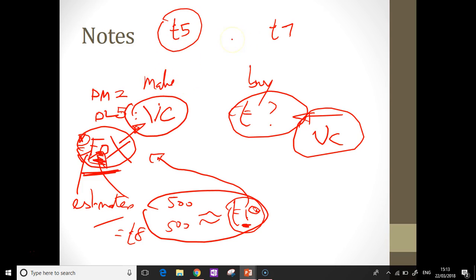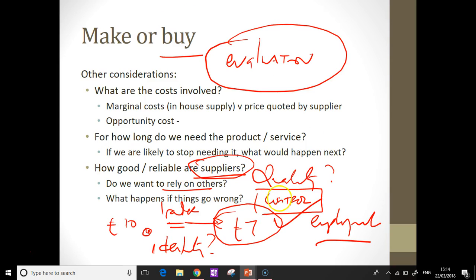So the key argument here is this. Typically, the way the exam will look, it'll always look as though it's cheaper to buy this thing in. Then you have to think of all the issues that could happen if you buy it in. Will it affect anything else?